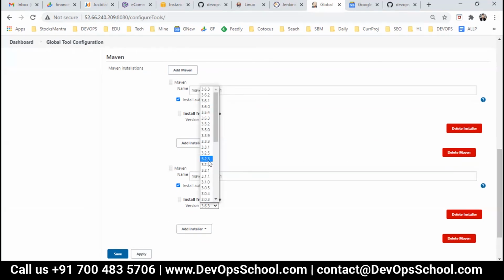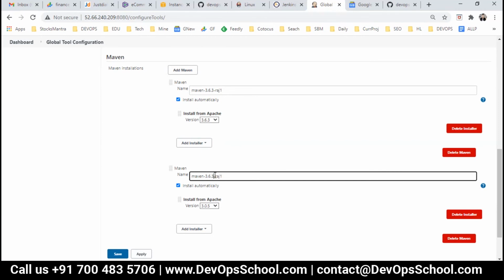Which version do you want? Someone said 3, right? So here it is 3.0.5, Raj 2 Maven. This is Raj 1 and Raj 2.